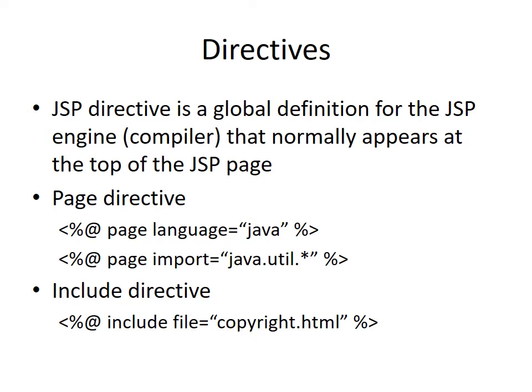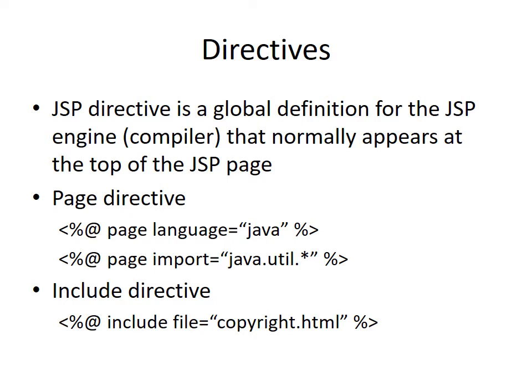Now the next example for the directive tag is the include directive tag. Again you see, the @ symbol is indicating it is a directive tag. The name of the tag is include. The name of the attribute is file. And the value is HTML. So when I write this line in my JSP page, what am I indicating? Include the HTML at this place in the JSP. So that HTML code will appear as a part of the JSP and it will be executed whenever you run the JSP. This is to include a file into your JSP page.